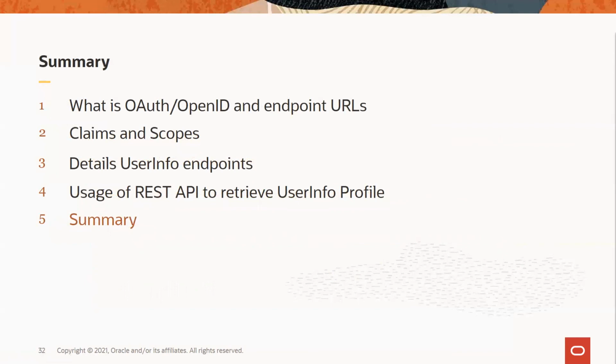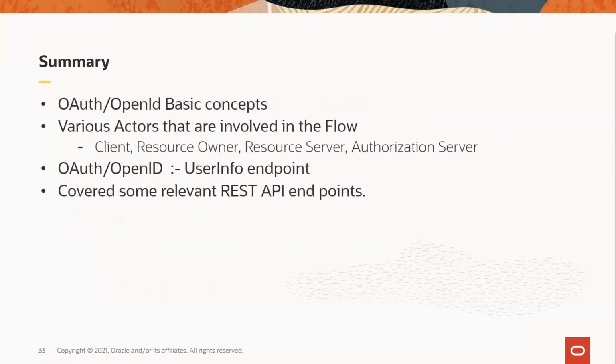So to summarize the topics we covered so far, we summarized the OAuth and OpenID flows, the various actors in the flow, the different grant types, claims, scopes, and we covered a typical three-legged flow. OpenID is basically a thin layer on top of the OAuth protocol, used for user identification and retrieving user attributes as part of the claims scope from the user endpoint. We showed some examples using the REST API endpoint of how to retrieve the user info attributes by limiting the scope.